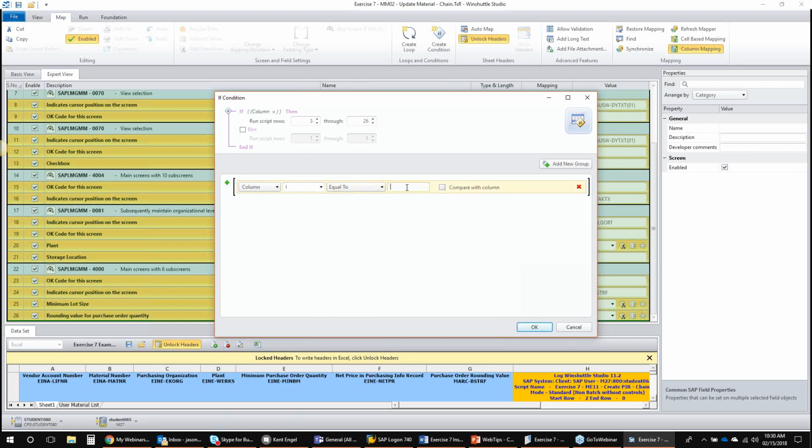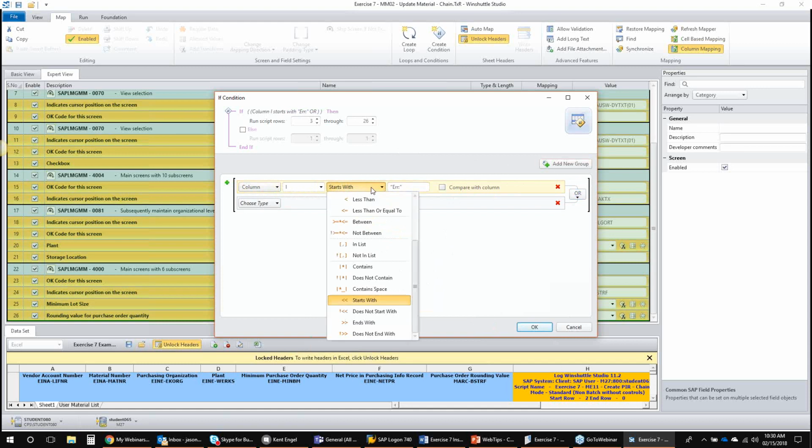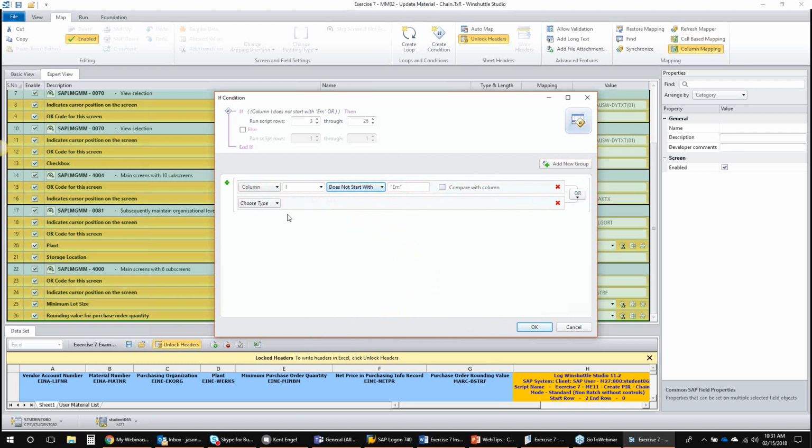well, not equal to, we want it, does it start with? So it starts with ERR colon, but I'm also going to use this little plus button and add another condition. You'll notice in this condition it says or here. You can change it to and, but we want or. So I want it to only do this, or not do this if it starts with, and actually I think we need to have it does not start with ERR. So I'll have to go correct that in the other one. But, so it does not start with ERR, or